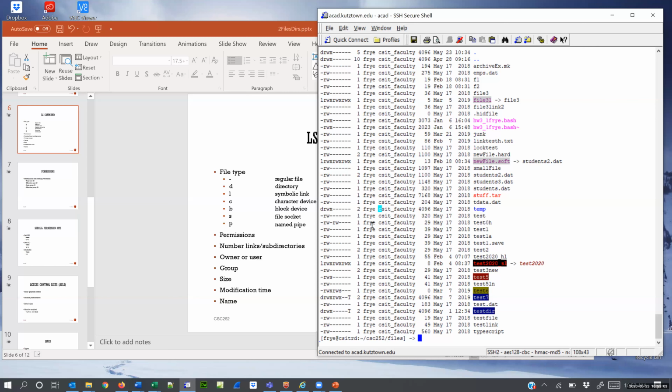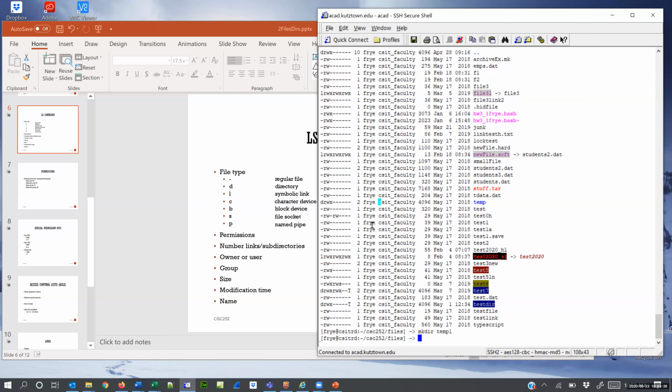If it's a directory, r means you can read the directory, which means you can do an ls command on it to see the directory contents. w means you can alter the directory contents, so you can add and delete files in the directory. And execute means you can execute the directory, which for directories means you can do a cd command to the directory. So if I create a directory,